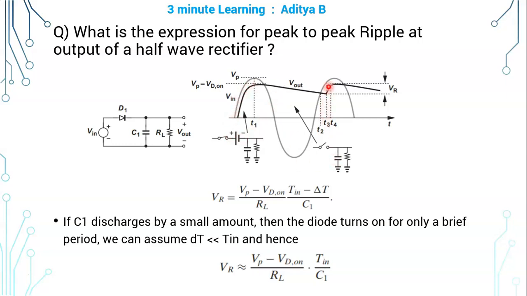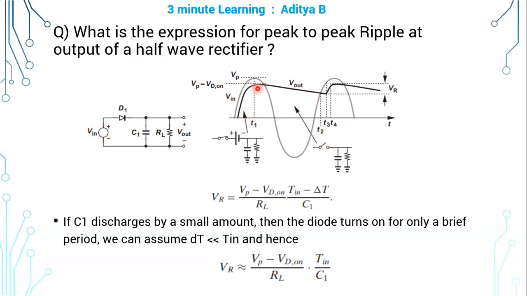If you observe the output waveform of this half-wave rectifier, from 0 to T1, this diode is on. The capacitor will try to charge to the maximum value of the input voltage minus the drop across one diode, that is Vp minus Vd on. After t equal to T1, the diode